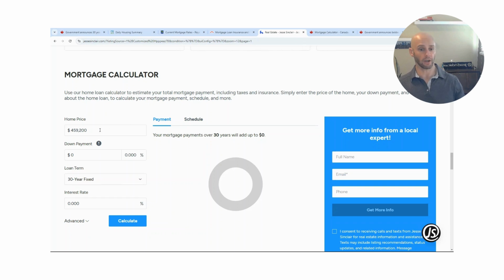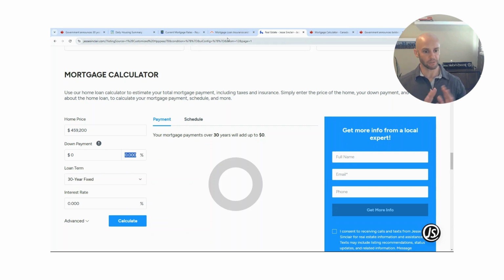So, shameless plug there. But anyways, here's the home price, and then we're going to get into your down payment, which is 5%, right? 5%. But we're not just going to put 5% down in here, because if you're doing a high ratio mortgage,